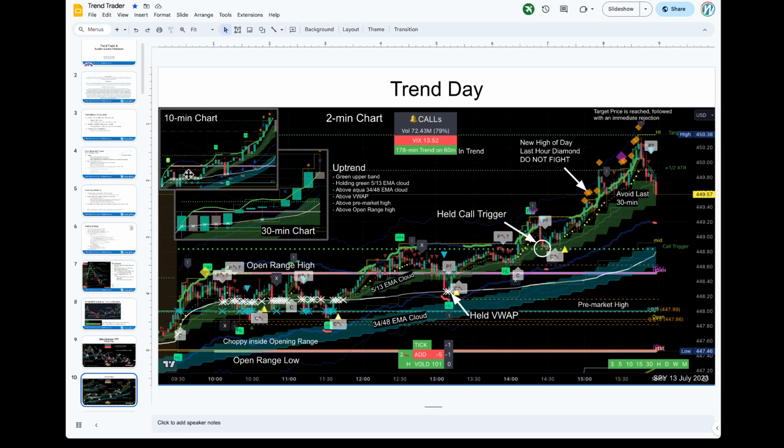We see that we have a bullish upper band, and so there's no reason to play puts. We'll talk about the open range and all of that, and it's all documented in the strategies. We'll talk about good places to get in, but right now I just want to give you an overall feel for the indicator and for you to know that you want to trade with the trend.